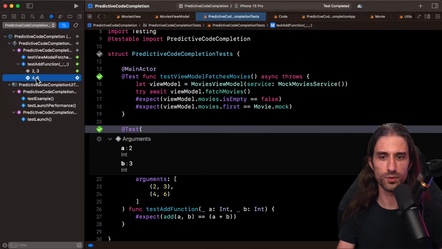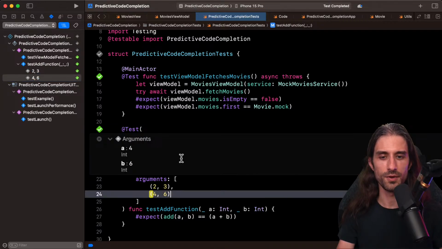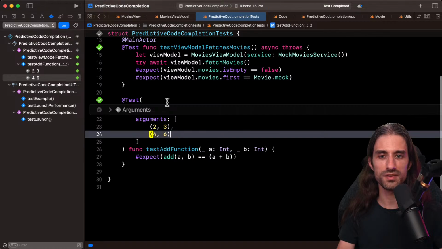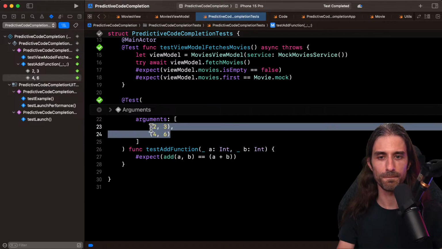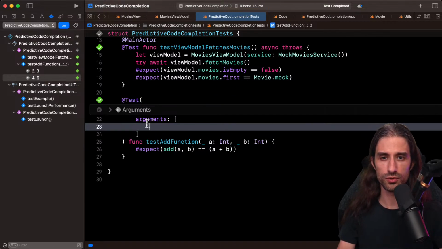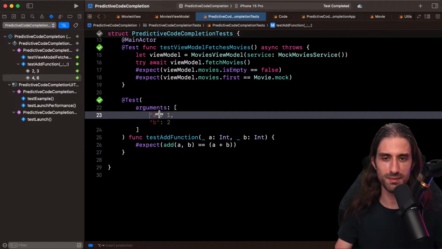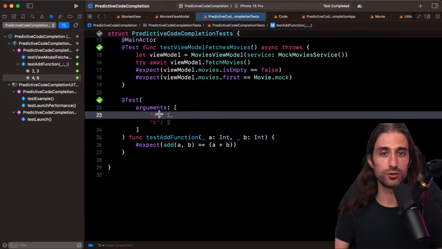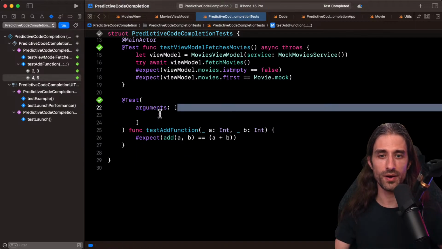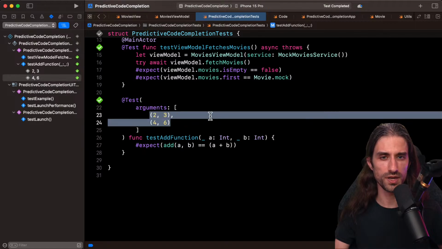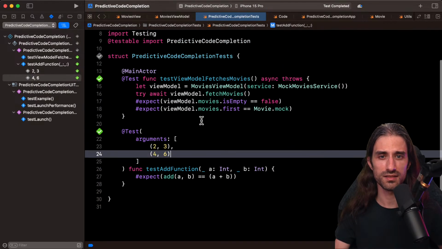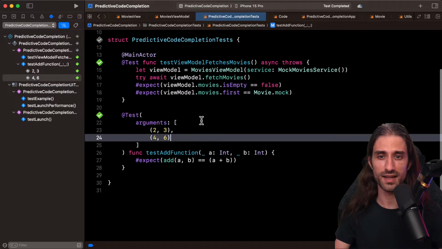So indeed, the test was run 2 times with the values. But what I wanted to see was whether or not code completion could suggest the values for me here. That's the added value I was expecting from code completion, and it seems that it's not understanding what I want at all. To be fair, this syntax of passing an array of tuples is a bit weird. Maybe if it has never seen it, it cannot infer it like that.